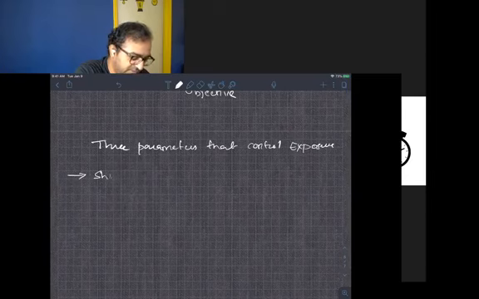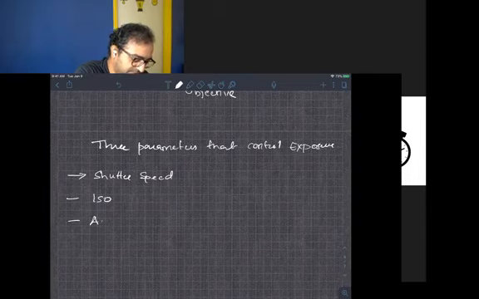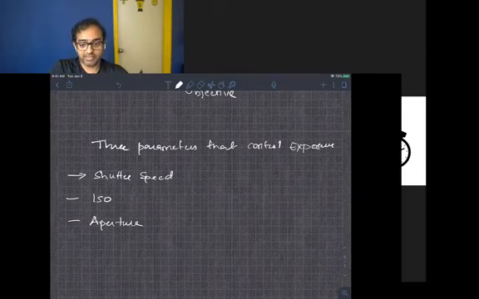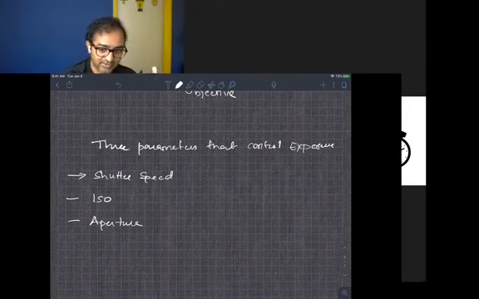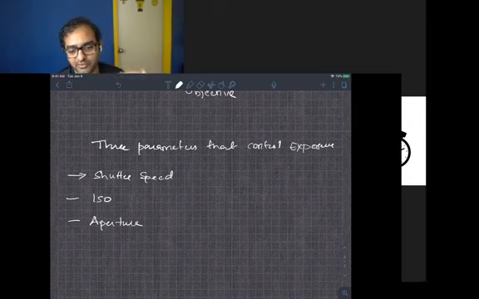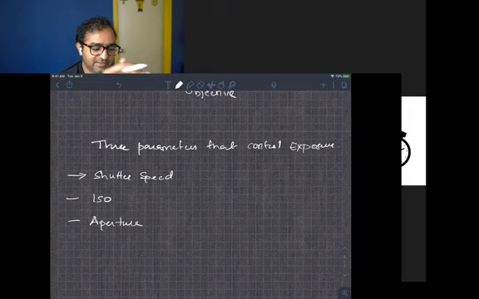There's the shutter speed, the ISO, and the aperture. Right? Only three things. And by only three things, I mean it. It's universal. From the time photography was invented, we talked about it in photo history way back in 1838, till today, and till the end of time, there are only going to be three things, because there are only three ways to make a photo, or to make light hit a light sensitive medium and create an image out of it. And there are only three ways to vary that exposure.